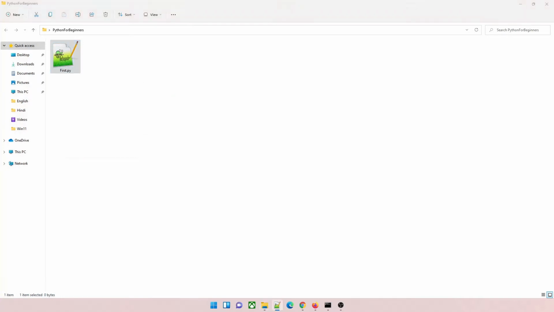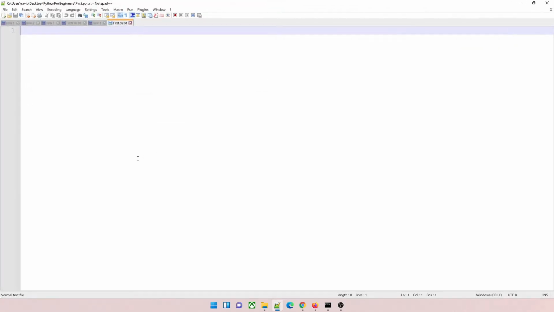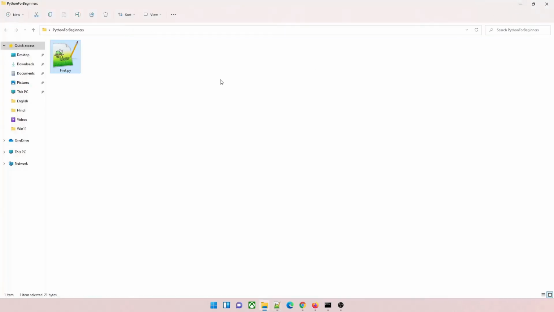First of all, open it in Notepad++ and let's write some code over here. We'll write a very basic thing because we just want to test. So type print and inside the brackets give single inverted comma and in there you can write hello comma world. We're just going to print that because we just want to run it. All you have to do is save the program and just minimize this.